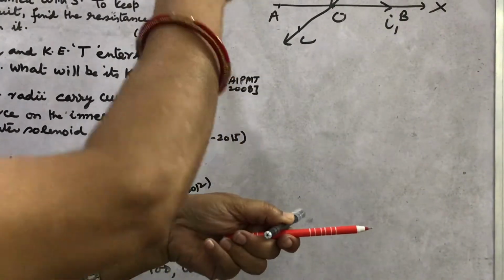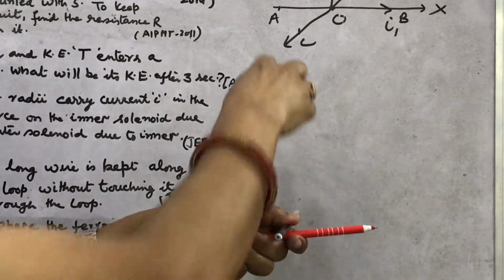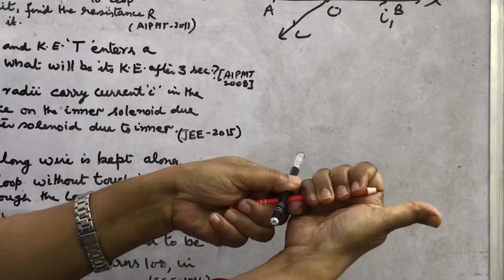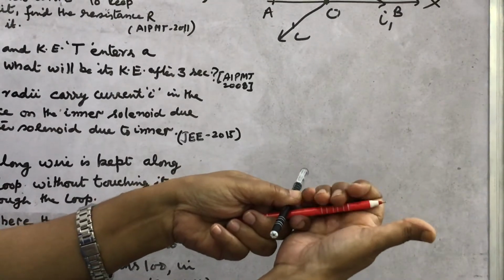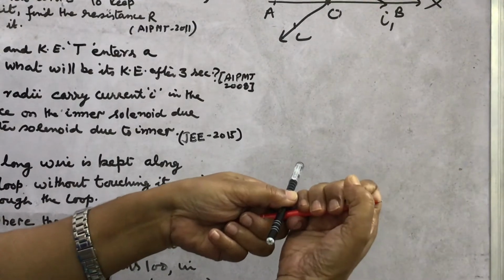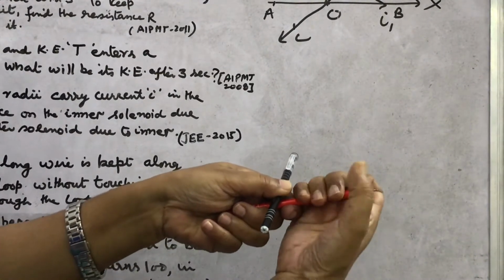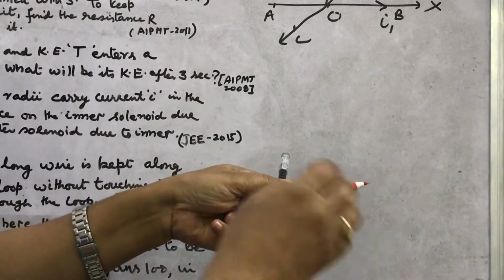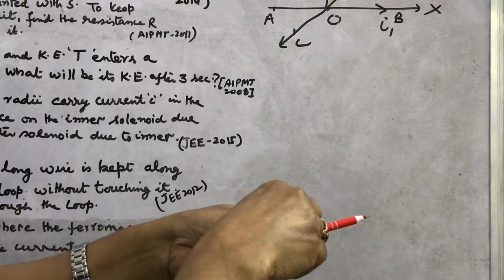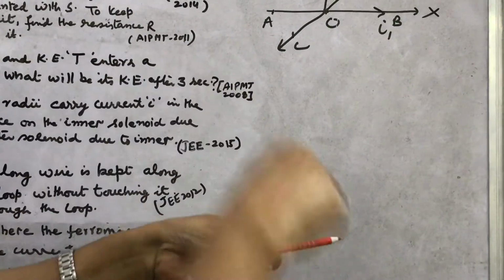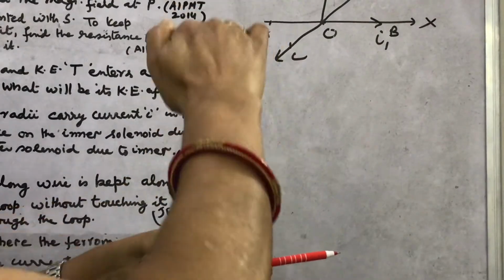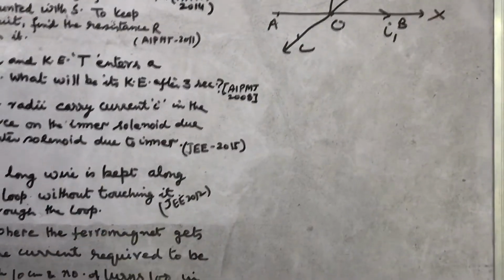What will be the magnetic field produced by the first wire at the point P? Look, the first wire will produce the magnetic field, and with the help of the right hand thumb rule we will find the direction of the magnetic field in the form of concentric circles. So, at the point P it is downward, towards the negative y axis. Similarly, for the wire kept along the y axis, its magnetic field will again be concentric circles, so at the point P it will be along the plus x axis.